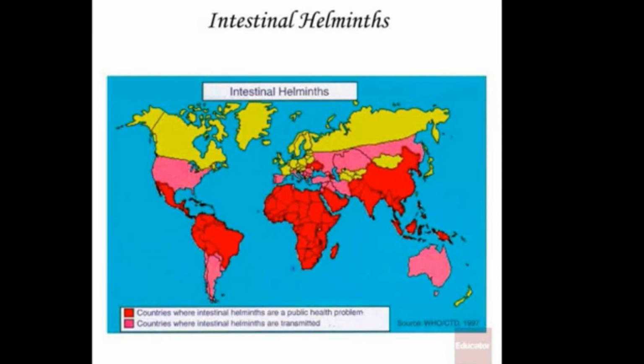So you can see here the intestinal helminths are located in the tropical world pretty much. And so you might say to yourself, well, gosh, what is it? Is it the weather? Is it the soil conditions? Is it the environment? Is it the moisture? Well, it's all of these things, but also the role of nutrition is really important here,